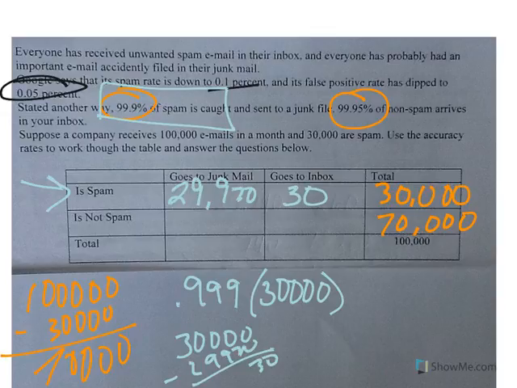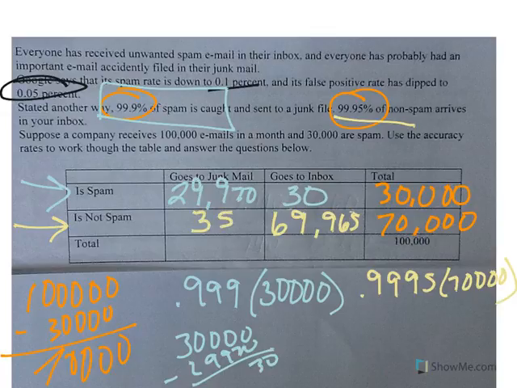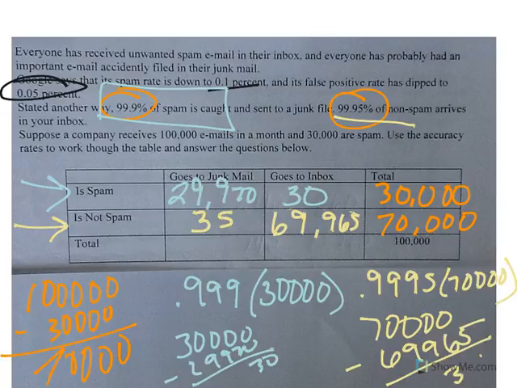Now, it says 99.95% of non-spam, so now we're talking about not spam, goes to your inbox. So this is where the 99.95% is going to go. 0.9995 times 70,000 not spam comes out to roughly 69,965 that are going to go to your inbox. That means 35, because I took 70,000 minus 69,965, are still going to go to my junk mail. So even though it's not spam, there still is a little bit that's going to go to